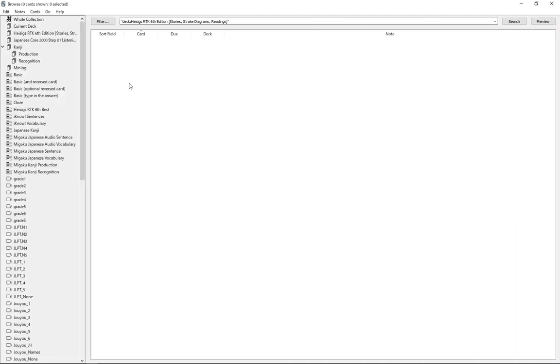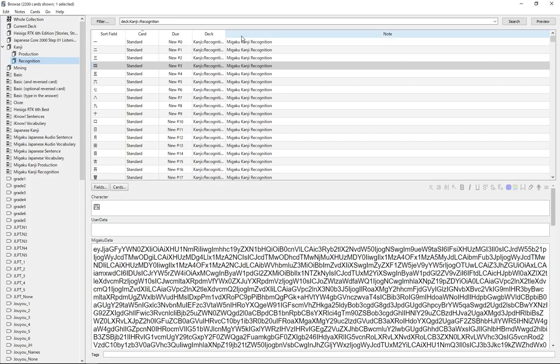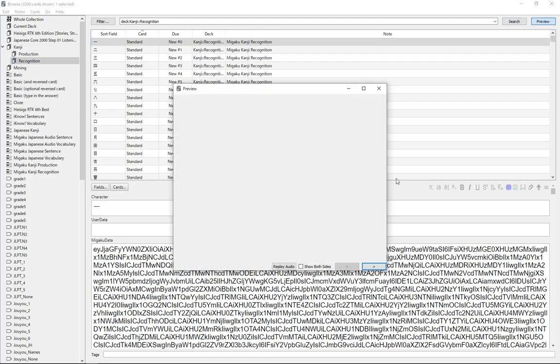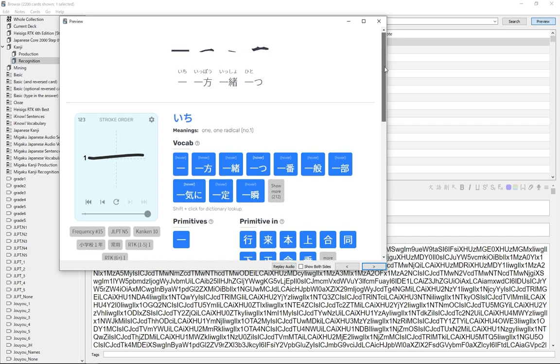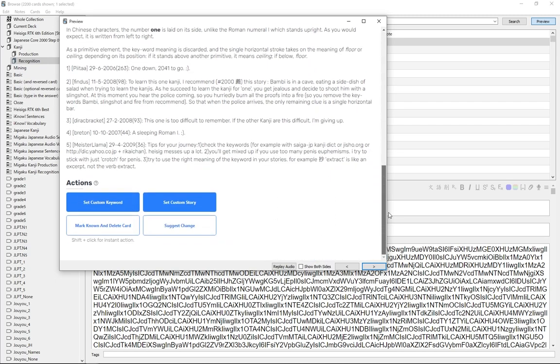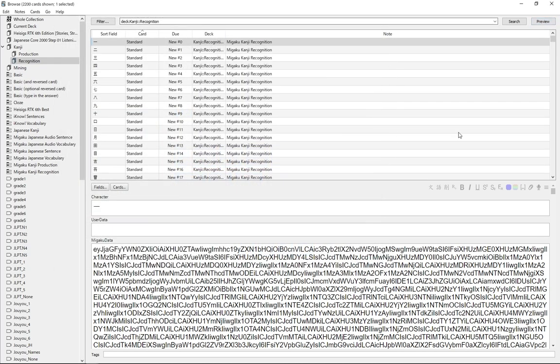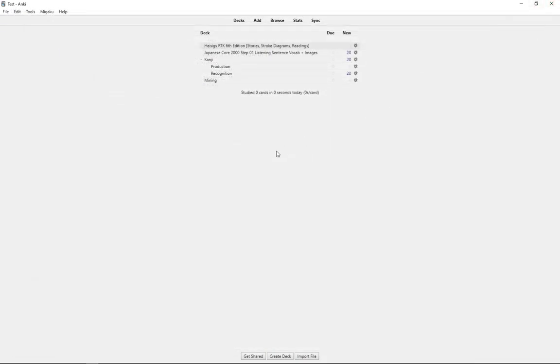Okay, and they're created. So if you're wondering, it takes a while. I cut out a little bit in here so you don't have to look at the screen all the time. It takes a few seconds for this to convert. So if we now go over to recognition, there are all the cards, and as we can see, they are turned into our card type. That's it.